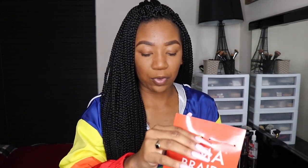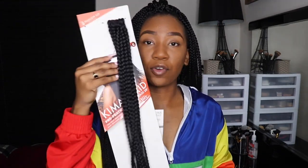I don't mind doing my own, I do my own braids by the way, but when it comes to certain times where I know I'm going to be changing out my hairstyle in the next 2 weeks, I might as well just buy some crochets and get that over with. So my braid pattern right now, like I said, is one cornrow right here all the way back. I did not use extensions to hold it in place,